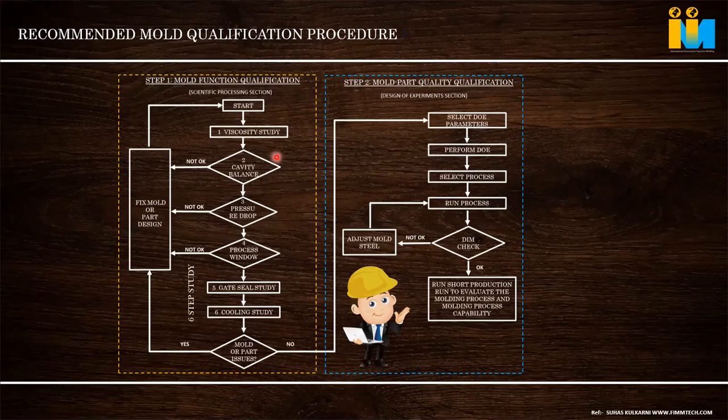We may not be able to test the part, but it is still okay, because that material can take a heat distortion temperature up to 160 degrees. So based on that, we have to keep the cooling time. Now, how can we tell whether the part has reached the heat distortion temperature?